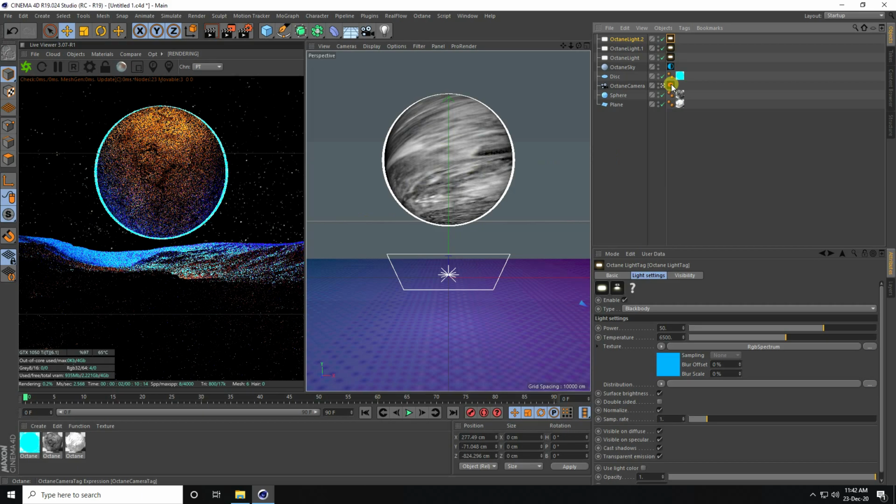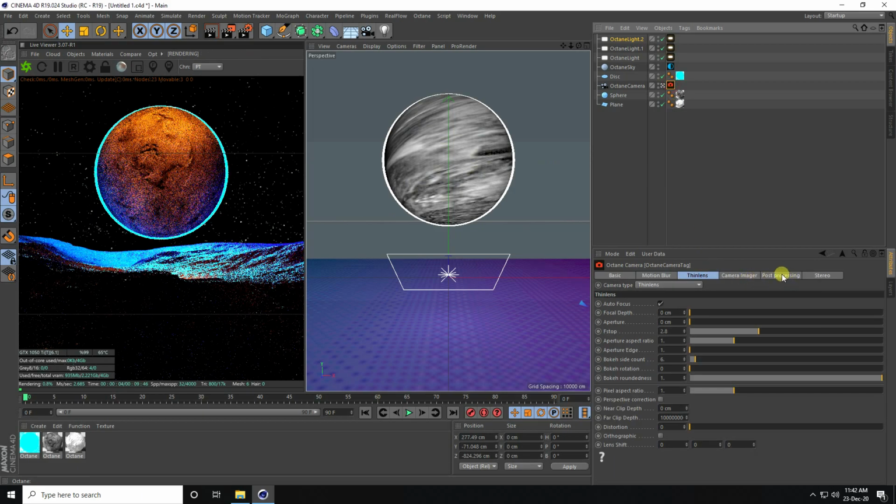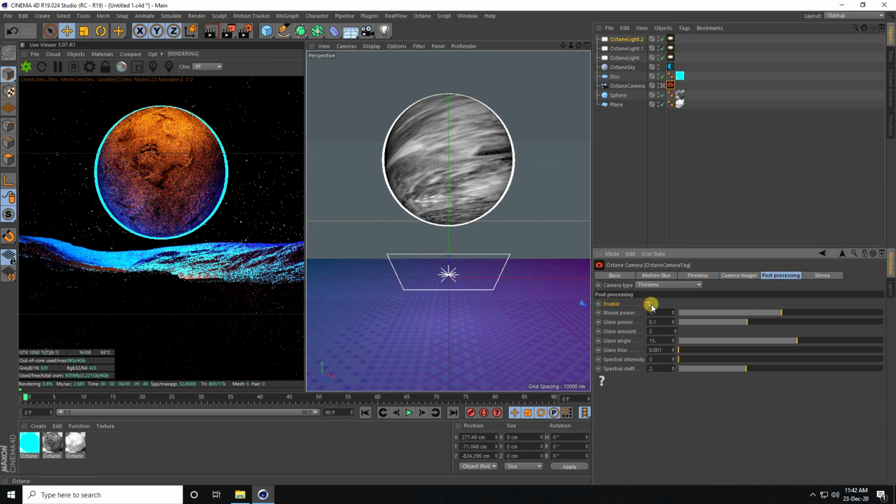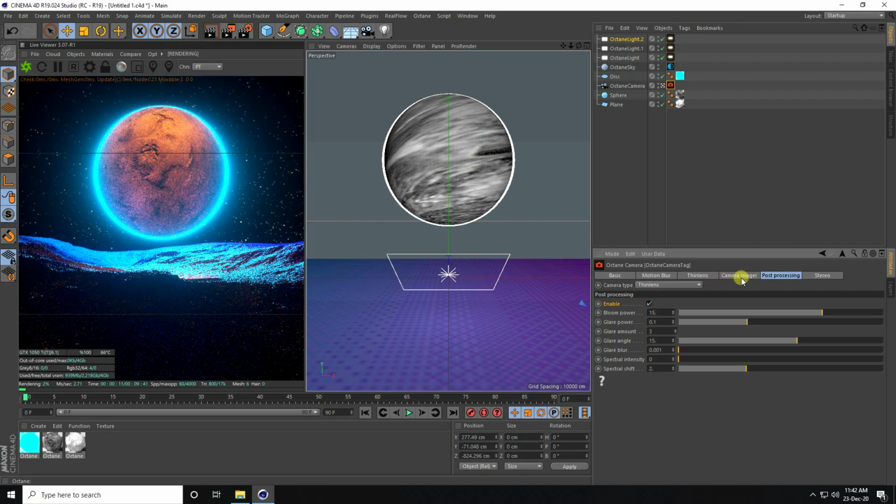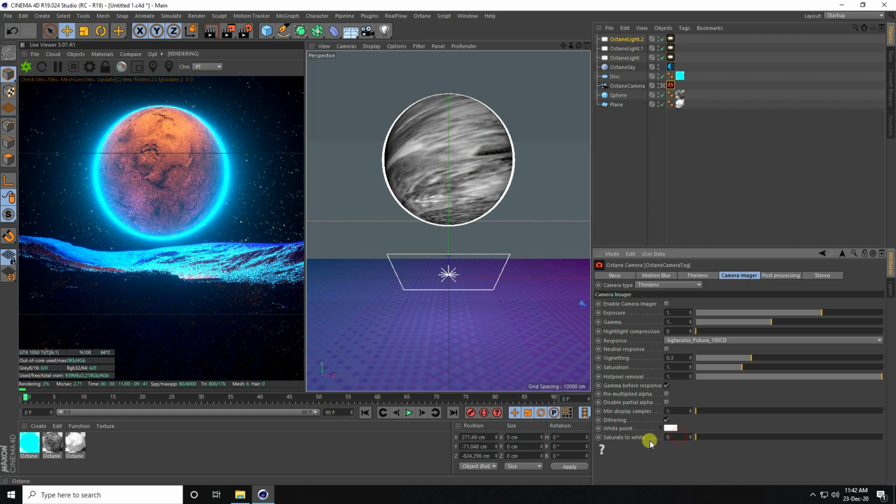Okay, so guys, I go to here, Octane camera render setting, and bloom power I take like 15. Yes, and camera imager saturation to white 0.2, and enable check exposure 0.9 and gamma 0.95. Yes, and check natural response.